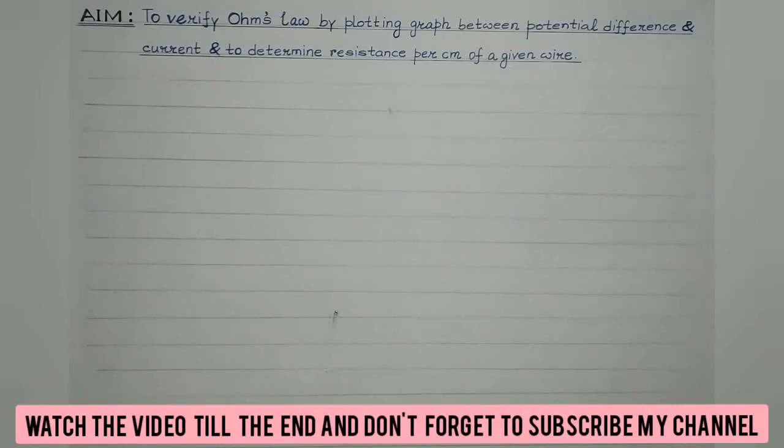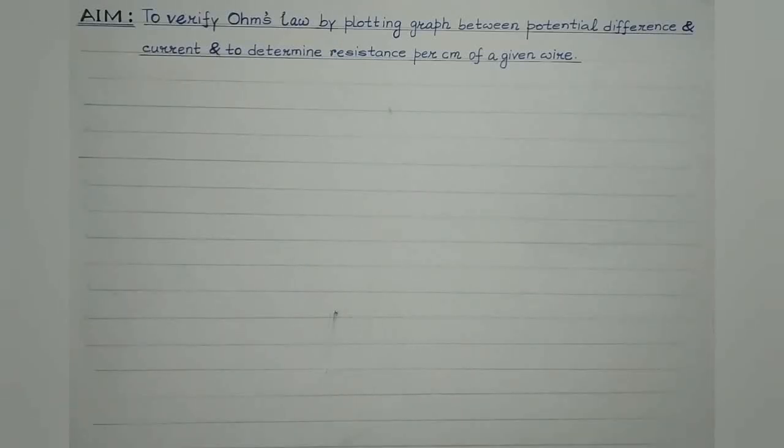So students, in order to perform this experiment, we'll be requiring a given standard wire of unknown resistance, an ammeter, a voltmeter, a battery which is a source, a rheostat which is a variable resistor, a one-way key and connecting wires. And students, in some cases, we have got Ohm's law apparatus where all these components are inbuilt and internally connected. So we need to simply give the external connections or provide the supply to that particular apparatus. Before we proceed further, let's discuss the description of Ohm's law apparatus.